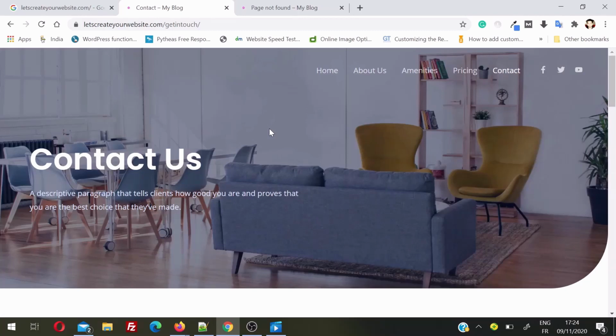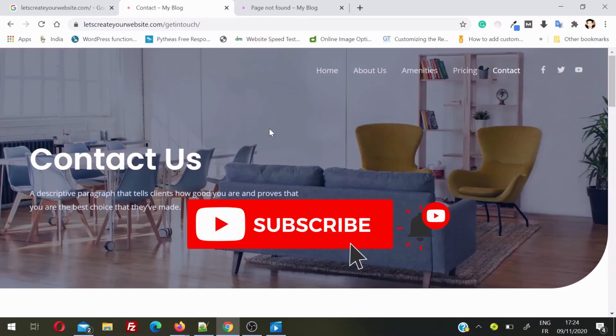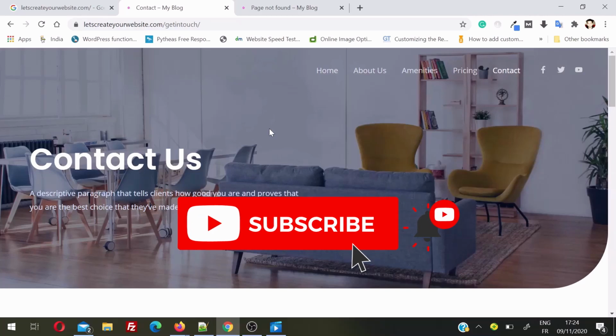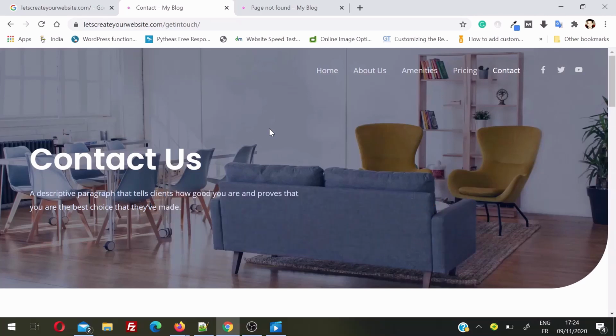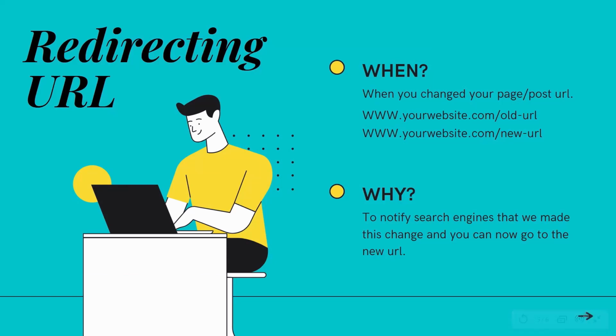And it is a very normal thing to do, because a lot of the time, because of SEO, you want to change your website URLs. Maybe sometimes you change the CMS, you move from Wix to WordPress, WordPress to Wix, or from an HTML website to a WordPress website. There can be different reasons why you change your URL. So now you understand when and why we need to do this. Now let's see how we can do this.